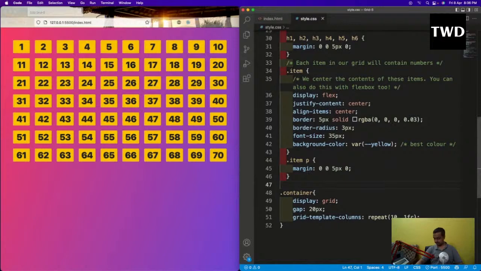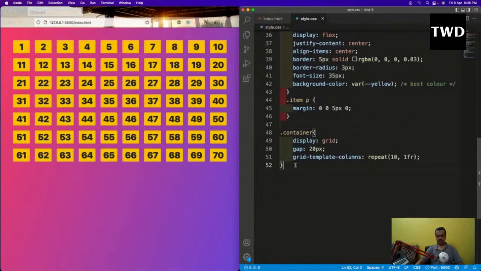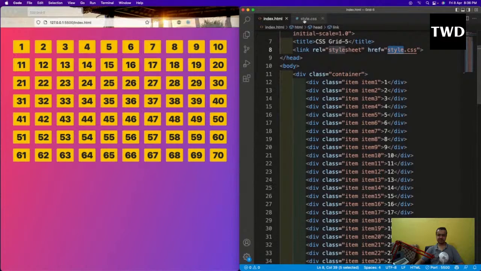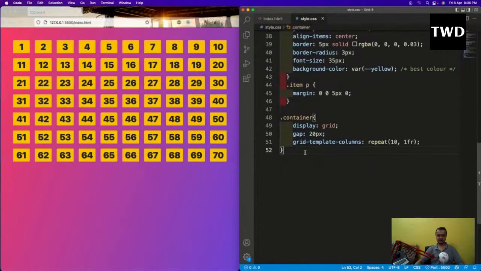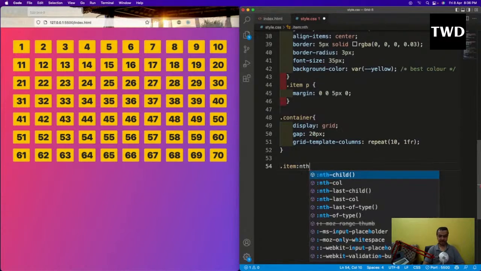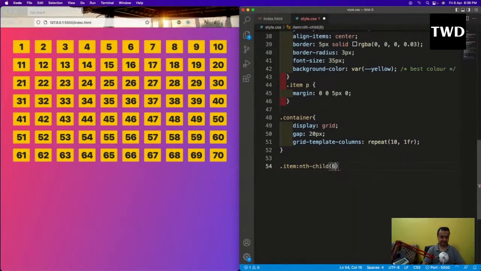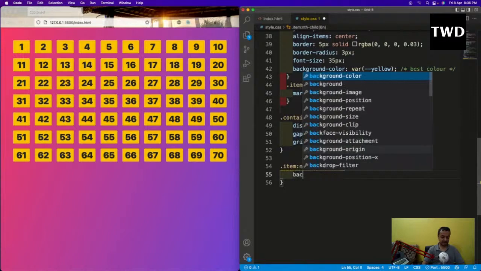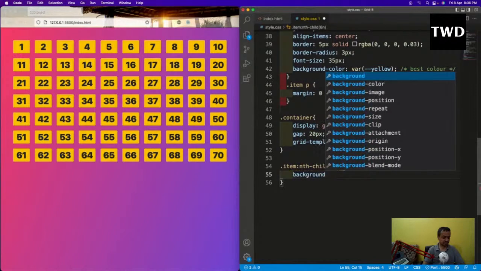So grid-template-columns repeat 10, 1fr, I have done. Now, as I've told, I will add some irregularities. Everything has got its item, so I'll go here and do a .item:nth-child(6n), which means the table of 6, 12 and all those things. Okay, so that will be like this, and then I'll do a background of